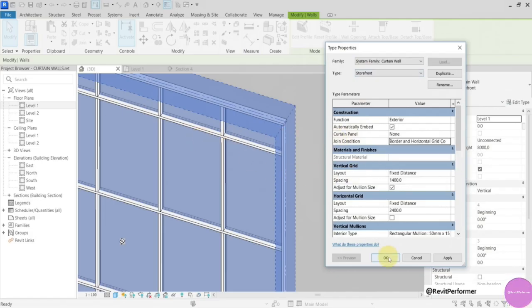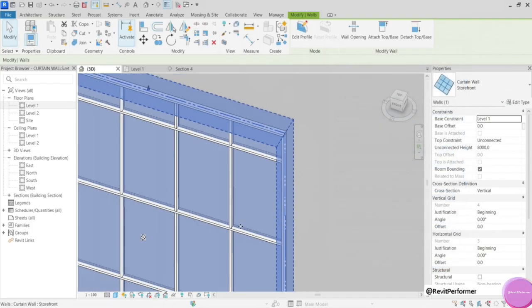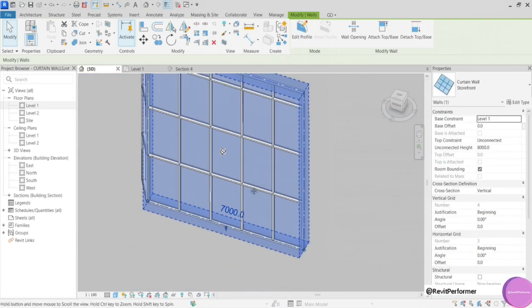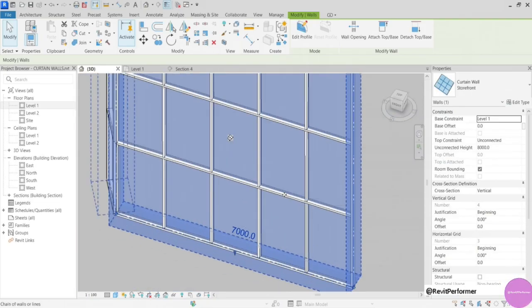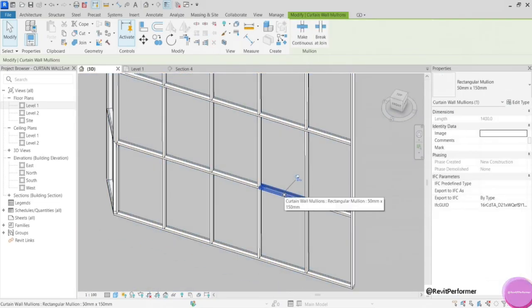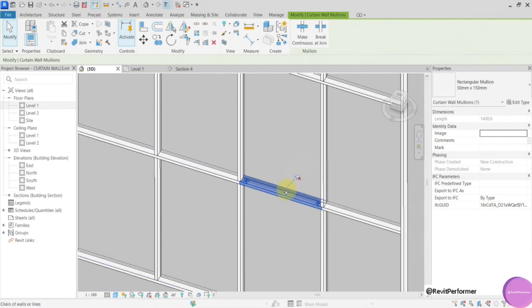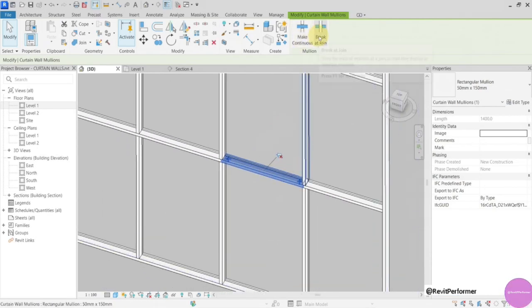And you can modify this more. You don't have to put anything here, but if you want to modify it, you have different options. If I select this curtain wall mullion and pin it here, you can modify it by making it continuous or breaking at join.